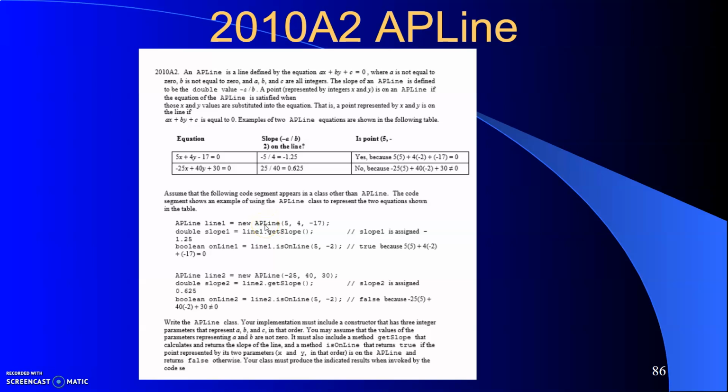Now this is also going to be a clue how many member variables we're going to need in our AP line class. In addition to the constructor, we're also going to have a getSlope function, and we're going to need to write an isOnLine function. Now these functions are members of the AP line class, so when you call them, and you're outside of the class itself, then you would call them by putting one of these AP lines in front of the call. So the getSlope function is going to give you the slope of a line, and we have a slope equation here that we could use to figure out